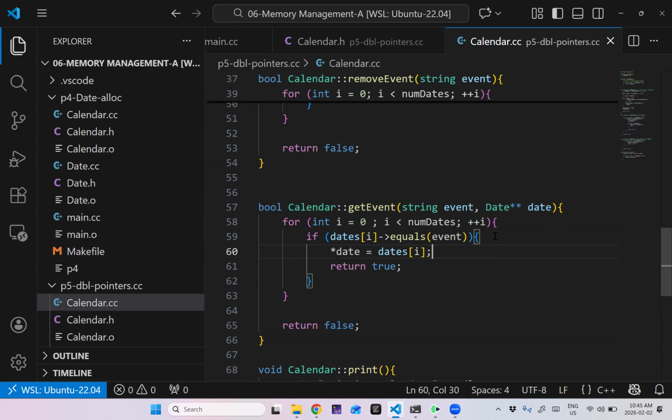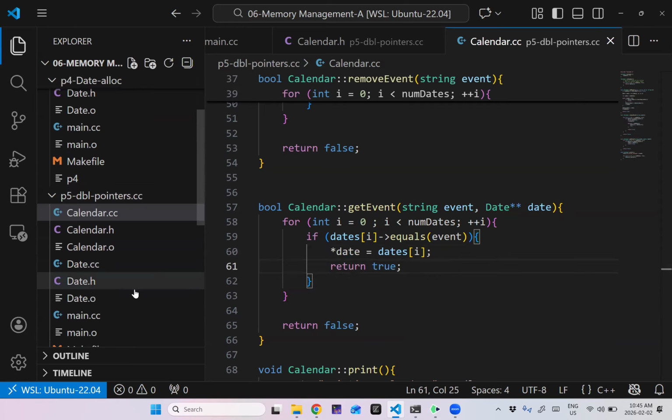Now, if you don't understand it, that's perfectly fine. You're exactly probably where everybody is the first time they see this. Like I said, it's not a great pattern. It's a get, why don't you just use a getter? I mean, why don't you just use a return value? That makes more sense to me. But legacy code, you might see something like this.